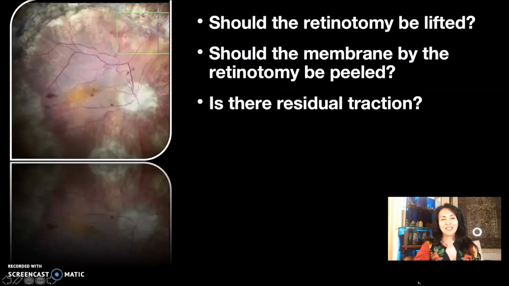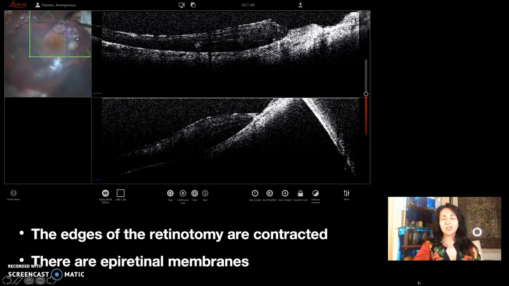In cases like this, you can wonder, should the retinotomy be lifted again? Should the membrane by the retinotomy be peeled or left over there? Is there residual traction? It's not easy to judge. So look at there. The intraoperative OCT shows that the edges of the retinotomy are contracted and there are epiretinal